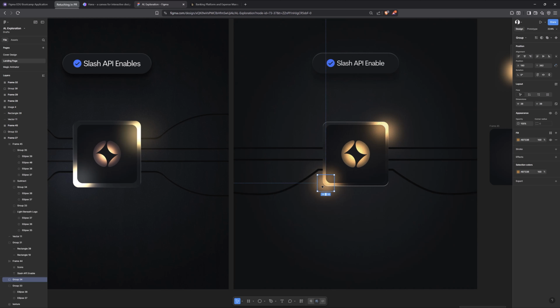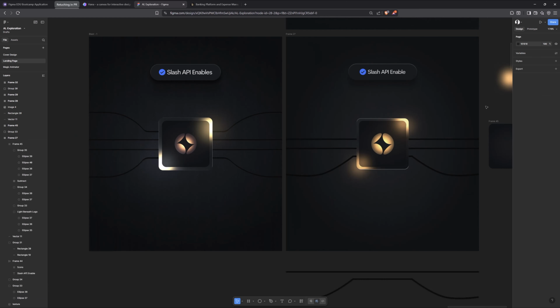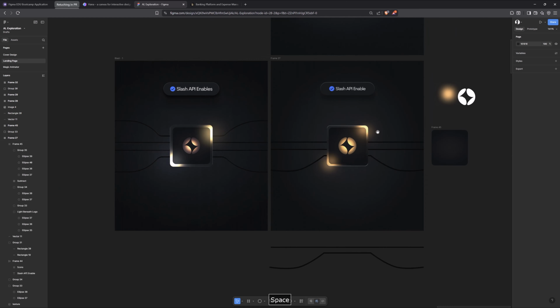If you want to drop the opacity, you can use the keyboard 1 to 0 to adjust the opacity value from 1 to 100. So I'm dropping that to 60. I'm also dropping this to maybe 50 or 40, just to create a little bit of light around where the light shines on top of the logo. If you want to, you can add more corner radius to that logo and also to the glass effect. But in the case of this video, I'm going to just leave it that way so that we can move